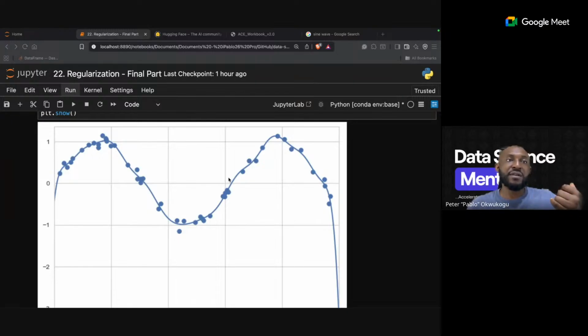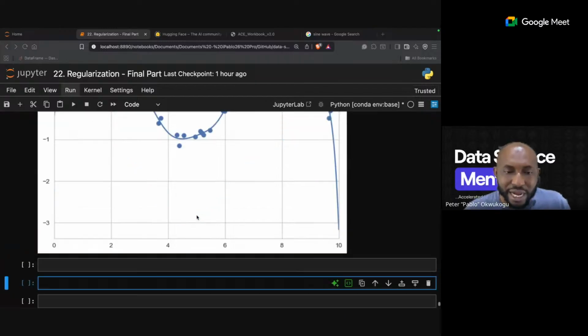So if we have an overly complex data, what now happens? The model will fit into an overly complex data like this. But when you give it new data, it's just going to be like, I don't know. So what happens?